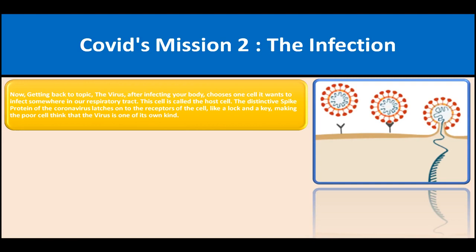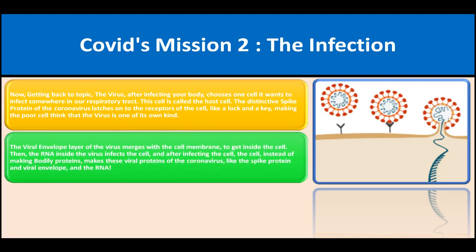The virus, after infecting your body, chooses one cell it wants to infect somewhere in our respiratory tract. The cell the virus chooses is called the host cell. The distinctive spike protein of the coronavirus latches onto the receptors of the host cell it chose, like a lock and a key, making the poor host cell think that the virus is one of its own kind. Then, the viral envelope layer of the virus, that's the outer layer, merges with the cell membrane like this to get inside the cell, and then the RNA inside the virus infects the cell,